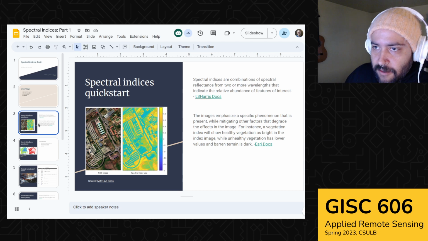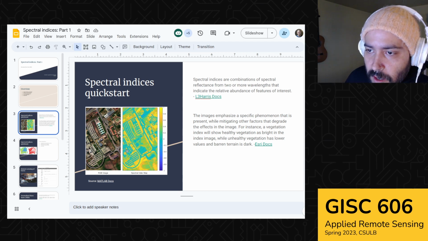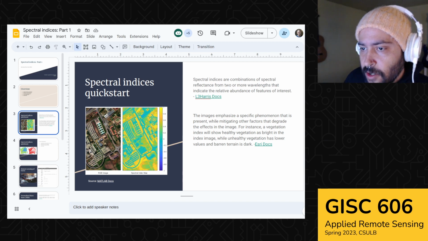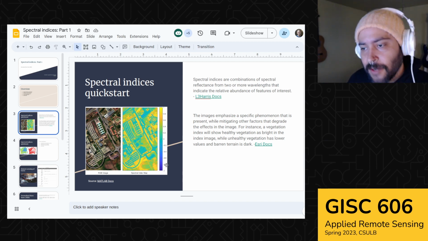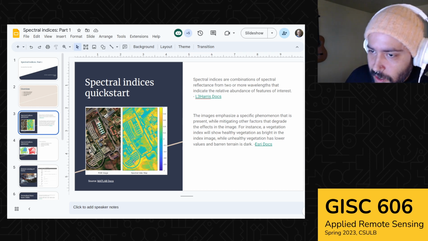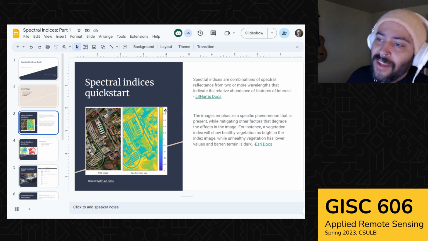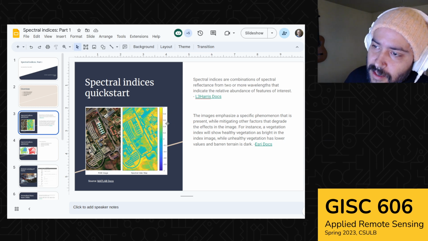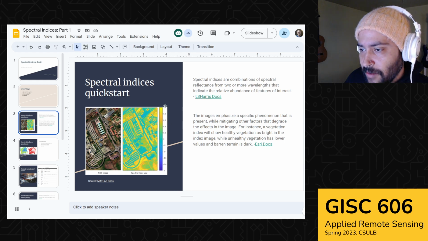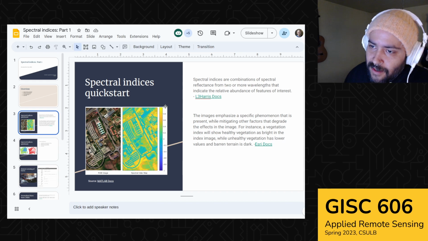You can see on the left of my screen, I have a red, green, blue image, and then a spectral index map, which is kind of this non-specific spectral index that's been calculated, but you can see how certain features are being highlighted as compared to the RGB image. And there's this kind of semi-arbitrary scale from -1 to 1 that describes what's going on in the